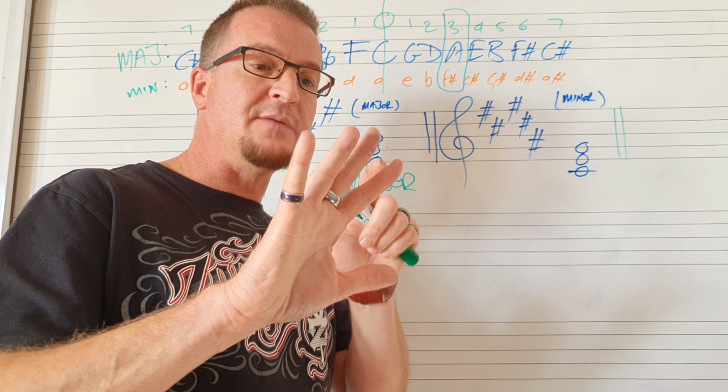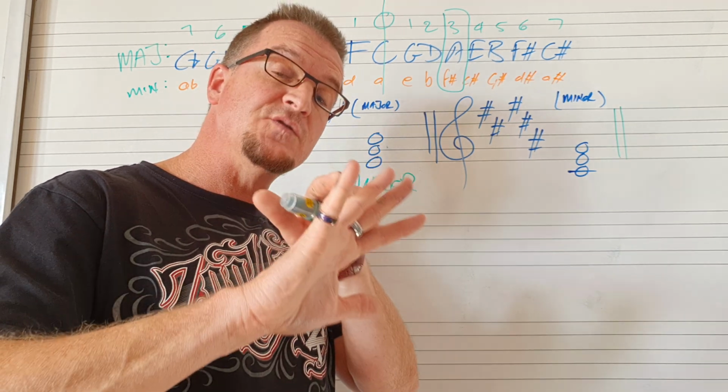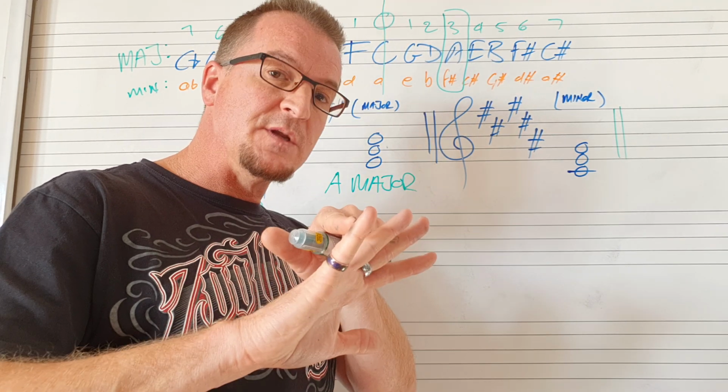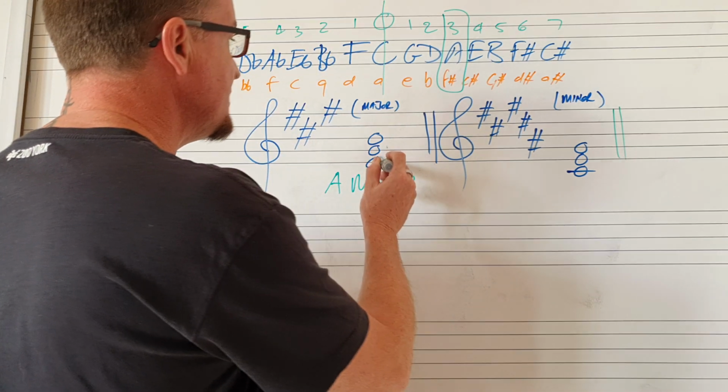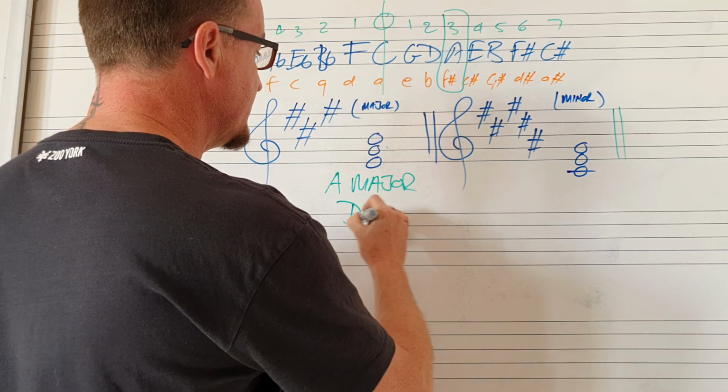In this case, A, B, C, D, E, the 5th triad or the dominant triad starts on E, and there you have it, E, G, B, and this is the dominant